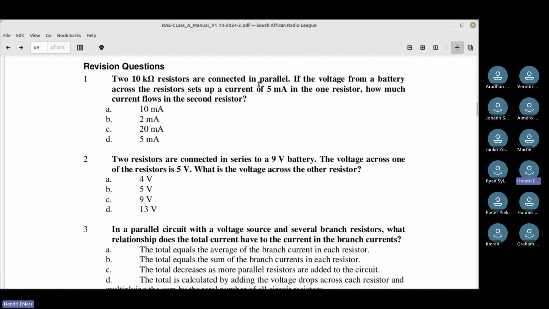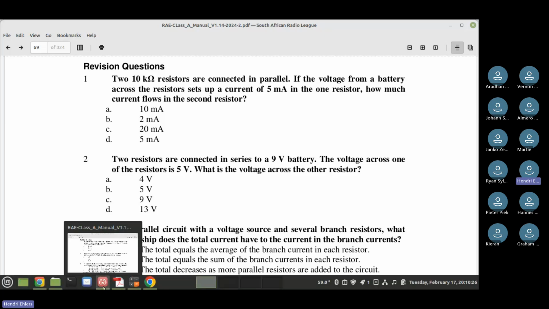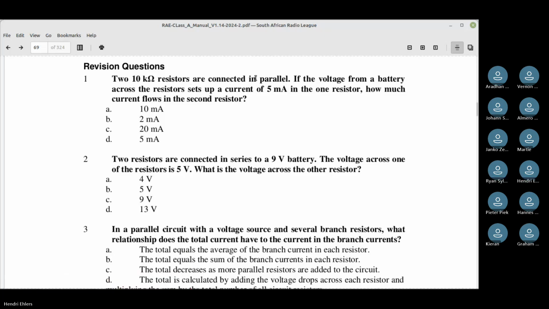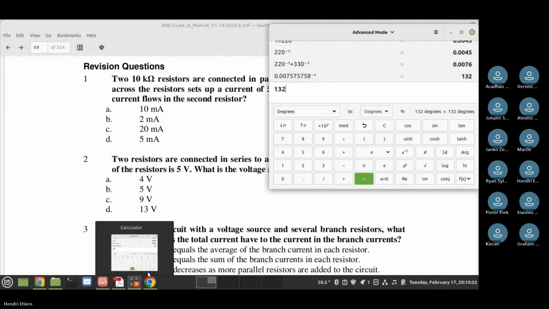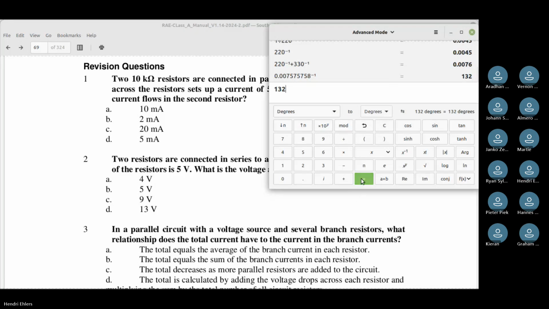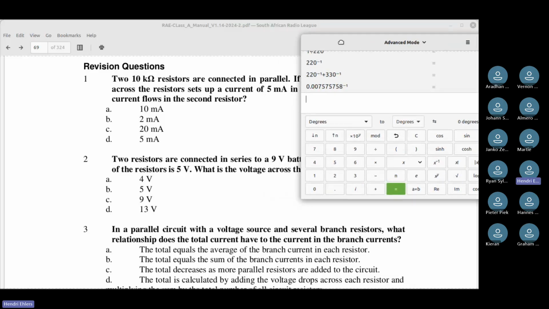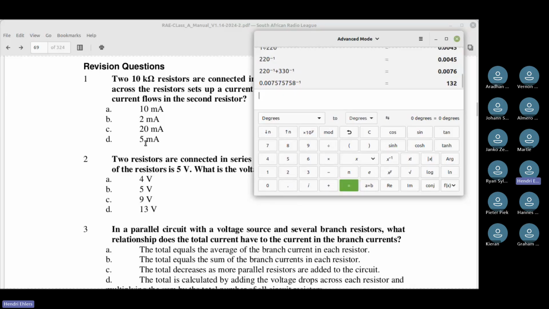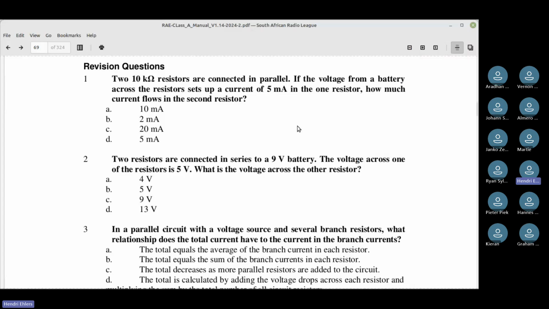Do they give us a voltage? They don't give us a voltage. We've got a current, so we can calculate it. Yeah. Let's see. Is there anybody that knows the answer, that agrees with me? Okay, the D is what they say. That is correct. I'm not going to waste unnecessary time. We're already running late.